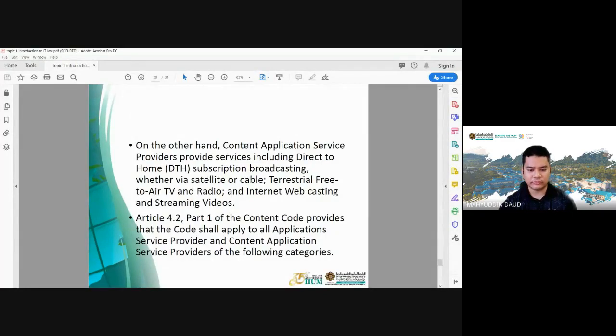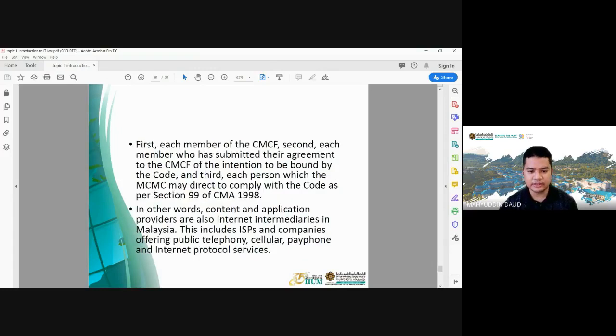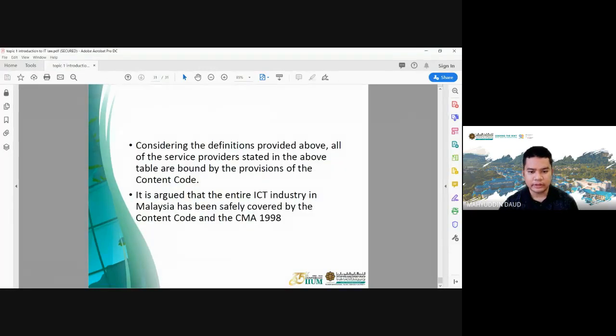And for your information, the content code applies to all these. It binds all these service providers. Yeah. Okay, so